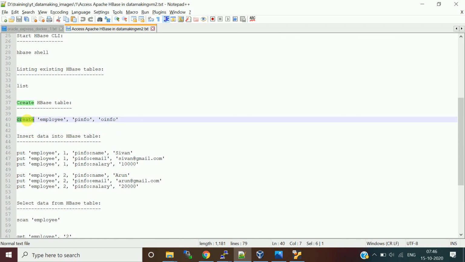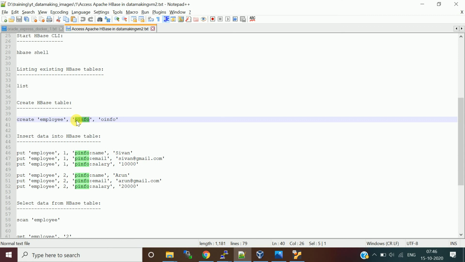You use the create command followed by the table name, and then you provide the column family. HBase is a columnar database. You need to define a column family, and you can insert a column value while adding the data to the table.